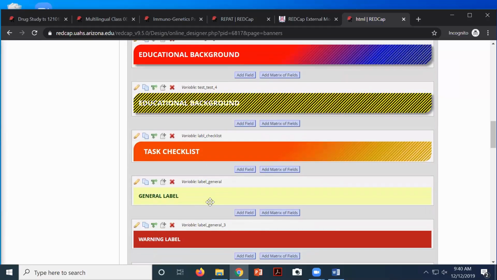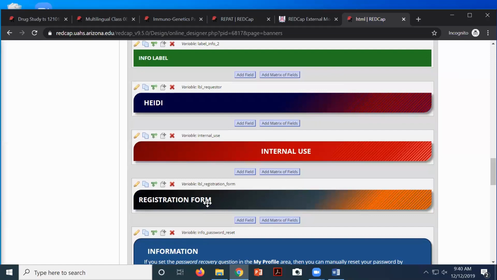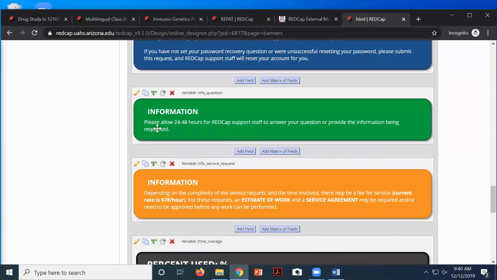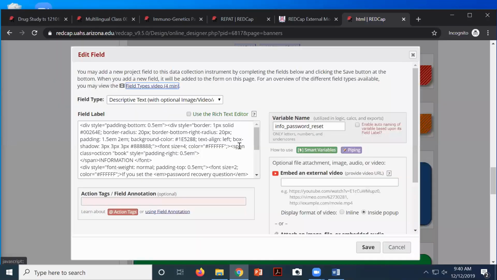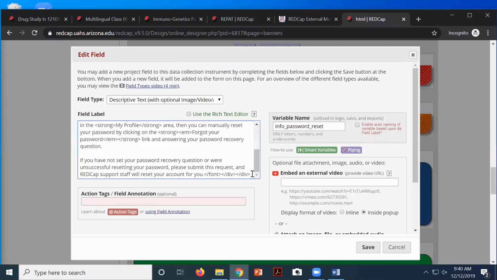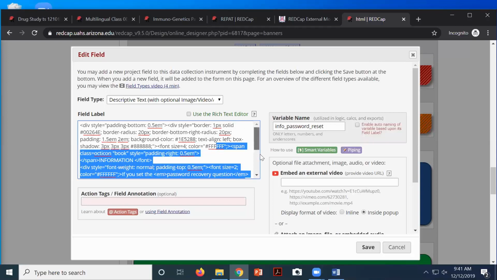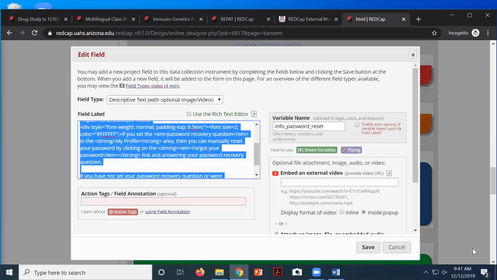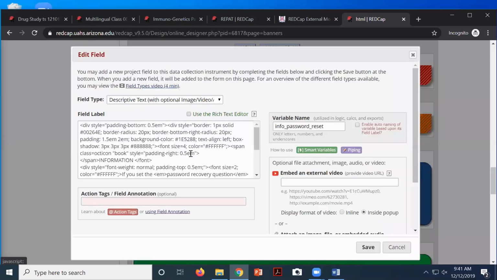And all of these are something that you can just copy and paste and plug into your project if you want. So if you see something that you like, you look at the design, and granted, this looks very challenging, but all you're doing is copying this, pasting it in your project, and then finding the verbiage that you want to change